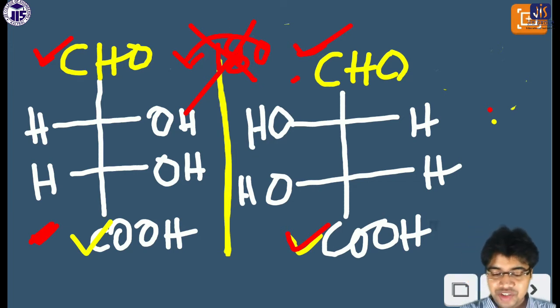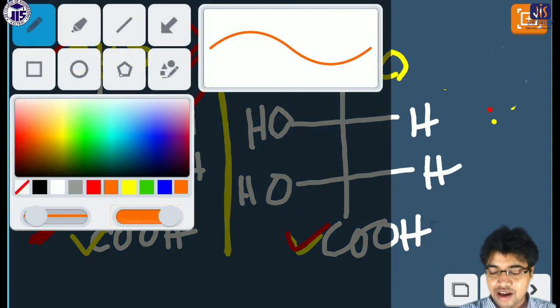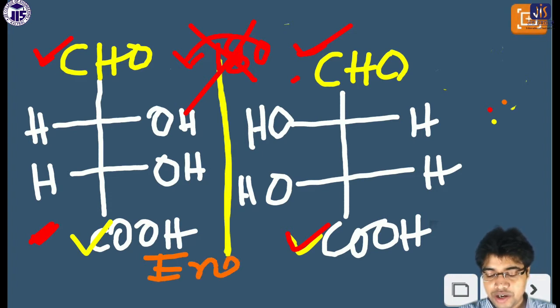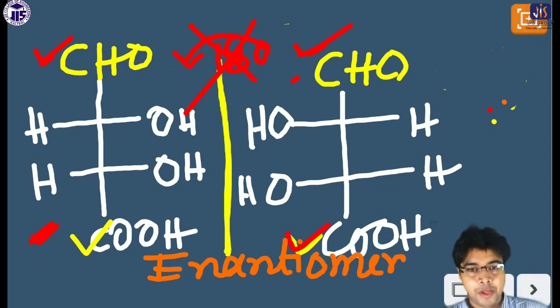So now they become enantiomers, because now it is a non-superimposable mirror image. Keep in mind in this way. This is very interesting and very important also. Now they are enantiomers because there is no permission to rotate 180 degrees. So that indicates a non-superimposable mirror image. When there is a scope of a non-superimposable mirror image, then we call this the enantiomer. I'll give you another example.